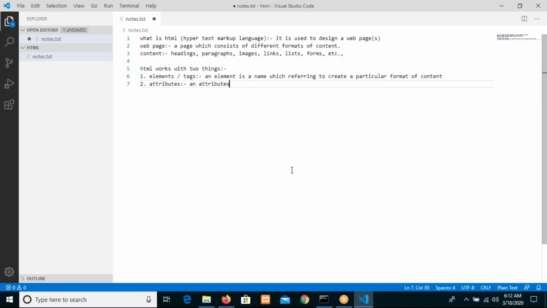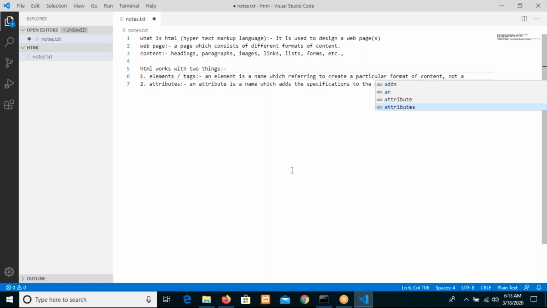An attribute is also a name which adds the specifications to the elements, meaning creating some additional feature, we can say, having or setting some additional feature to the element. So let me write: adds the specifications to the elements. And one more point,